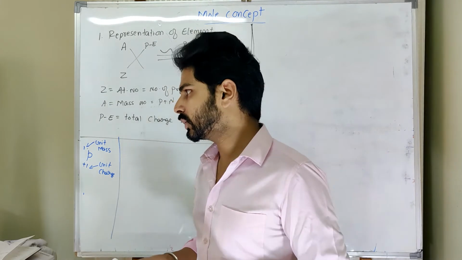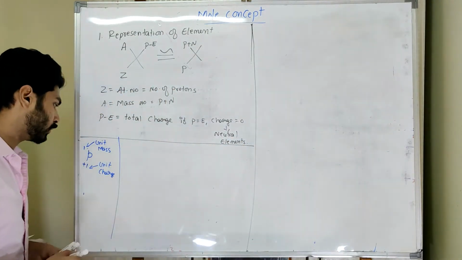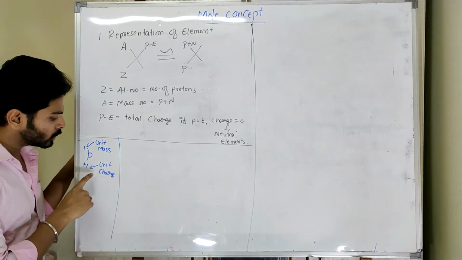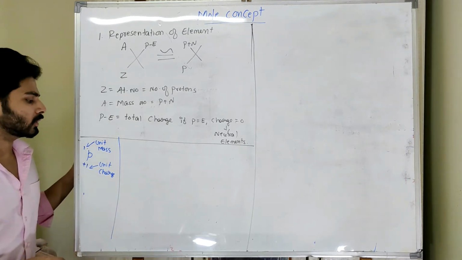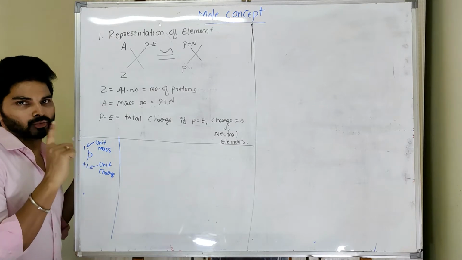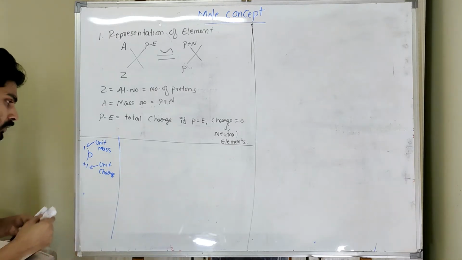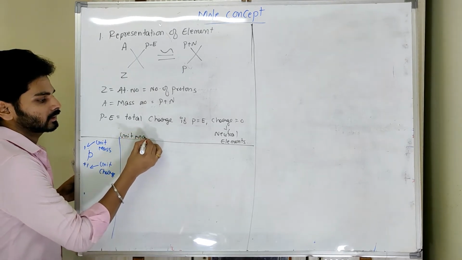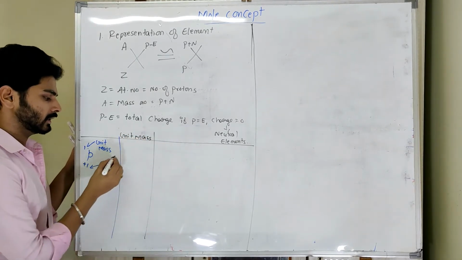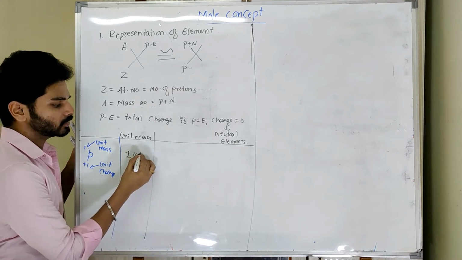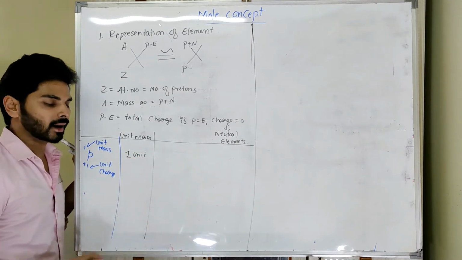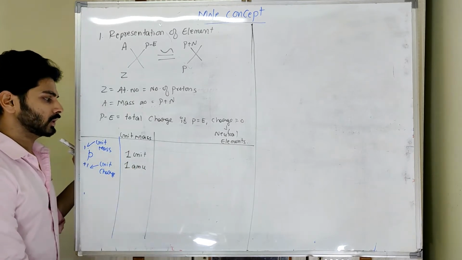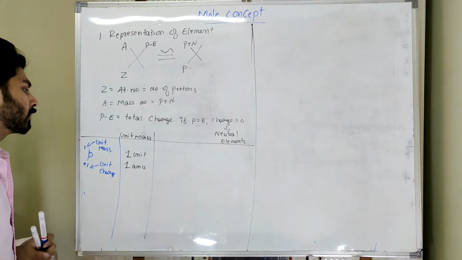Similarly, we did not know the mass of a proton, so we considered its mass as unit mass. Similarly, we did not know the charge of a proton, so we assumed it as unit charge, one charge. So I'm writing that unit mass as 1 unit, which we use to calculate atomic mass. That's why this is called 1 atomic mass unit. So it is used in the case of measuring atomic mass.